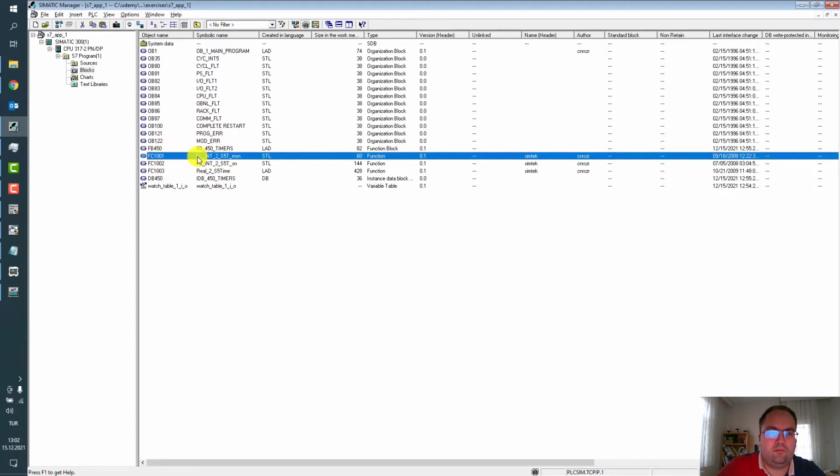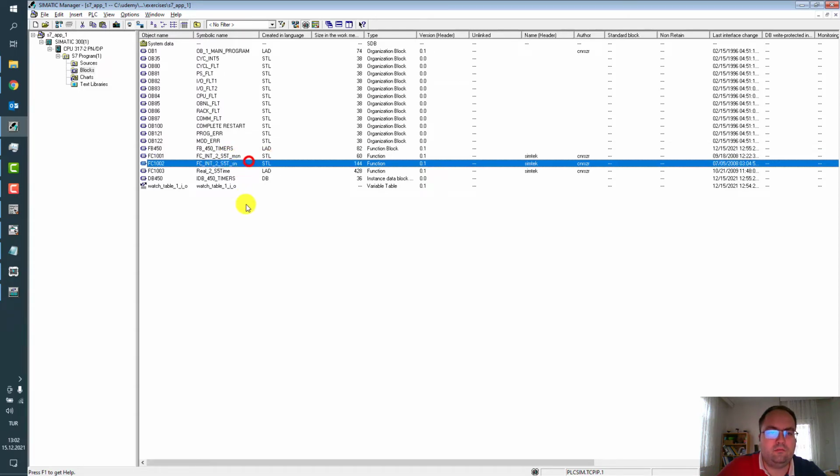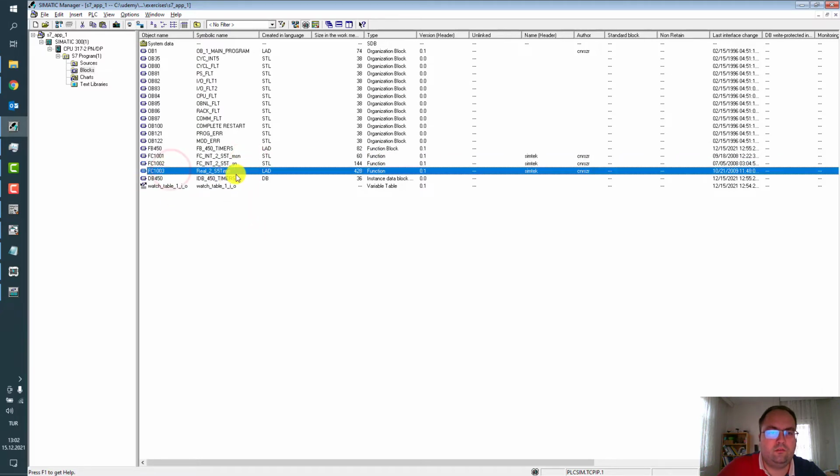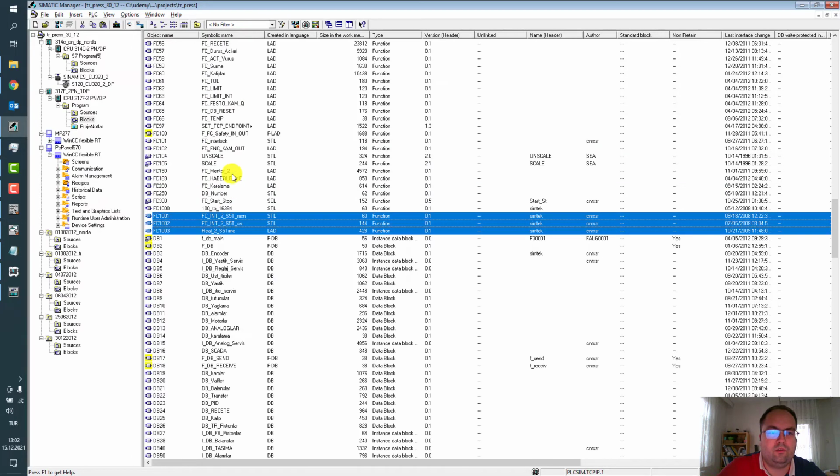So let's say this function converts integer data type to S5 time format as milliseconds. And there's another function, real to S5 time conversion.